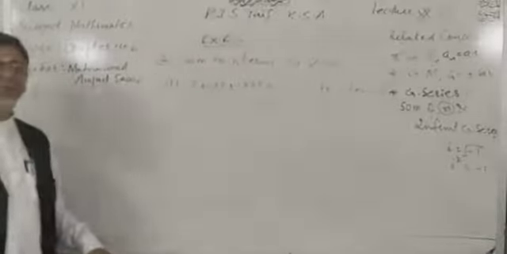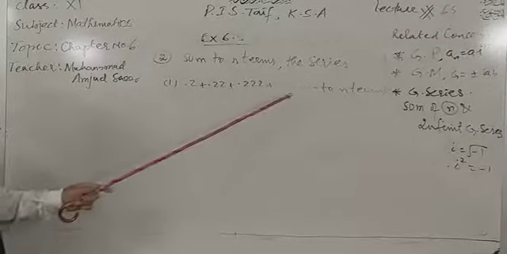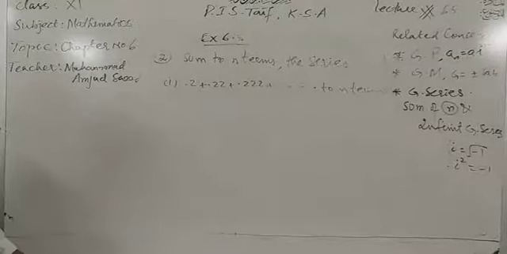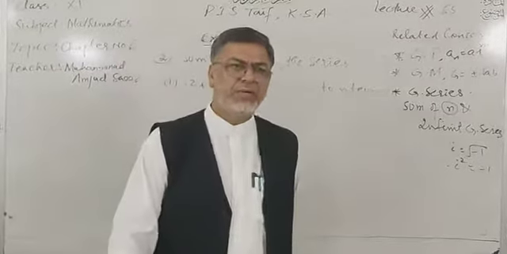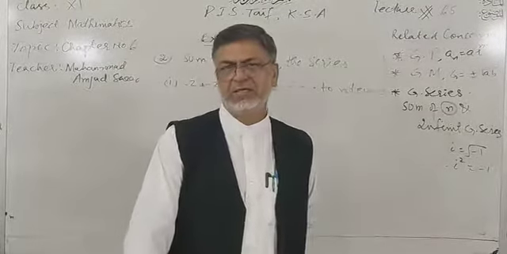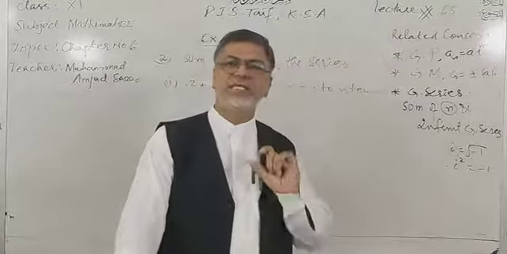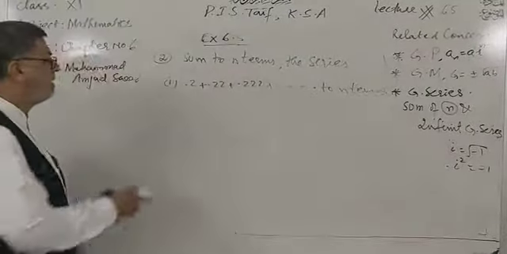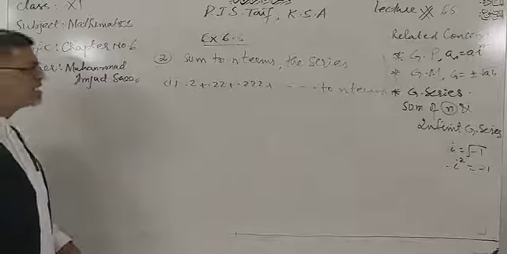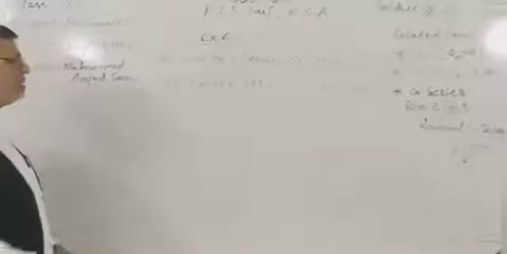You have to find the sum of n terms of a geometric series. Remember that this is the sum of a finite geometric series. These terms are not making a proper geometric progression. You know that in case of a geometric progression, the common ratio between any two consecutive terms must be the same. But here we do not have the same common ratio. So it is not a proper geometric series. First of all, you have to convert this series into a proper geometric series.